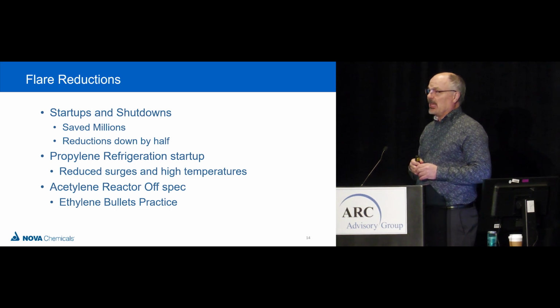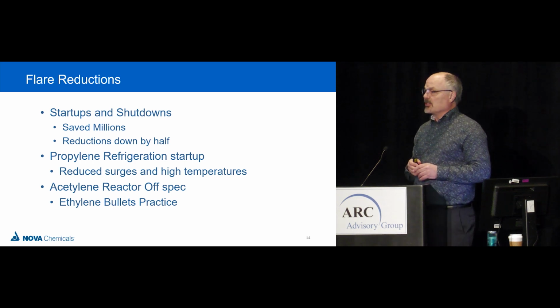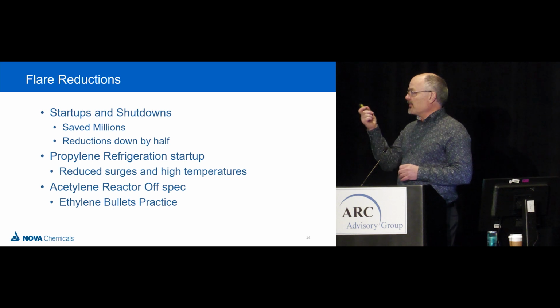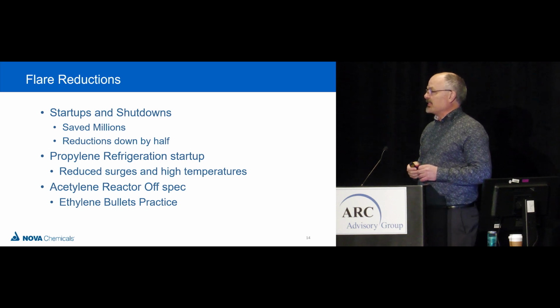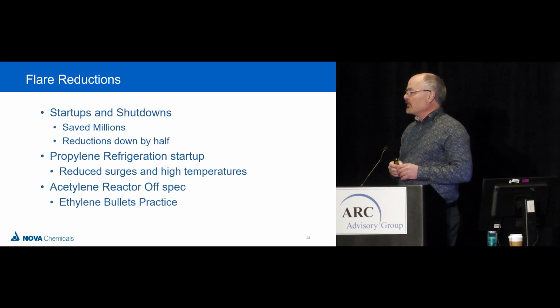I had panel operators in on the simulator that never done a controlled shutdown on the unit, and we worked through some strategies on reducing flaring, and they were able to execute it in the unit and reduce the flaring by half. Propylene refrigeration startup, it's got a steam driver and a gas turbine as drivers to it, and there's